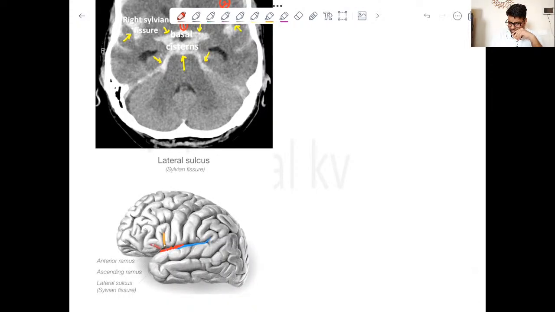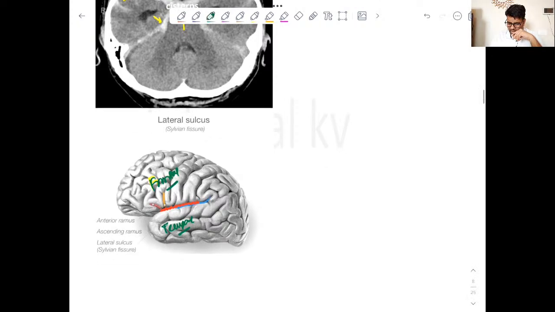So this is the lateral fissure here. This is the frontal lobe, and this is the temporal lobe. So you can see the lateral sulcus. Now